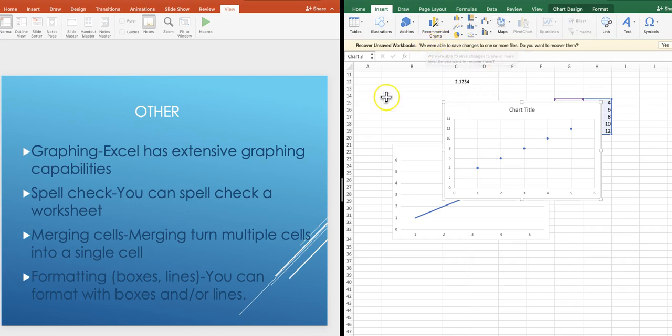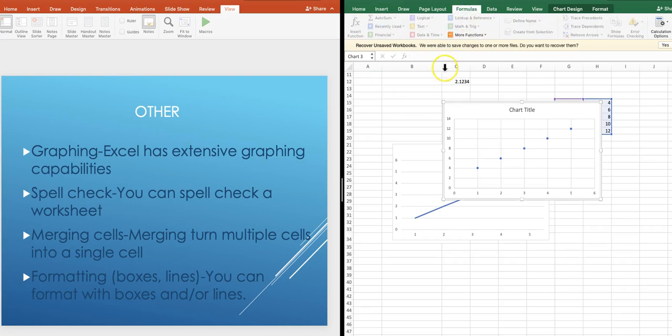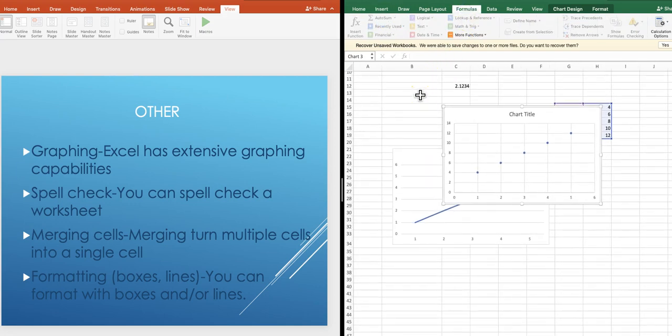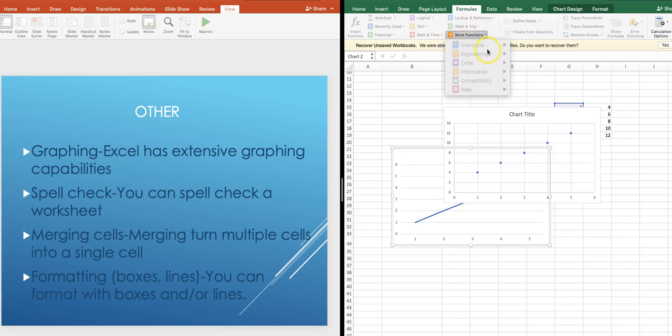The other thing is it's got formulas that are available to you if you can't remember a formula and you're trying to figure it out. So let's go up and look for formulas. If we go to the top, we find formulas, and I would ask you to please find statistics up there. Anybody find it? It's not there, is it? Okay, well, let's go to more functions. Let me go ahead and just delete this, go back up here. So if we go to more functions and then you open it up, you'll see,